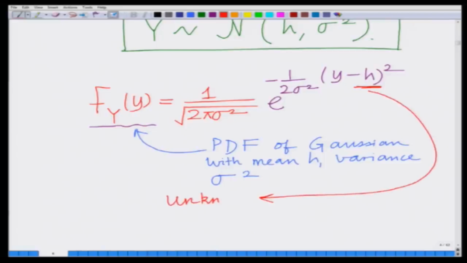Let me write this clearly, the parameter h is unknown. Therefore, we would like to estimate this parameter, that is one would like to find out what this parameter h is. That is the whole idea behind a sensor network, that is we would like to know what is the